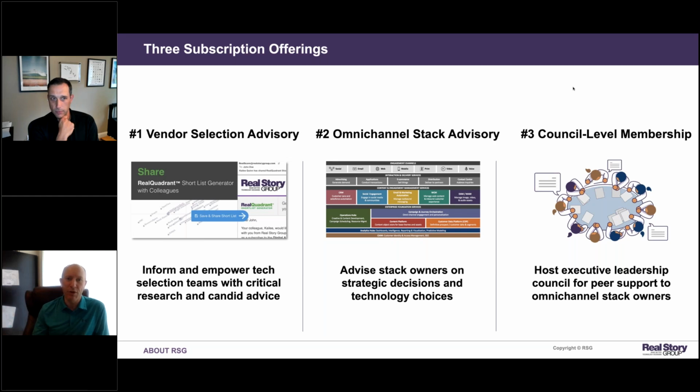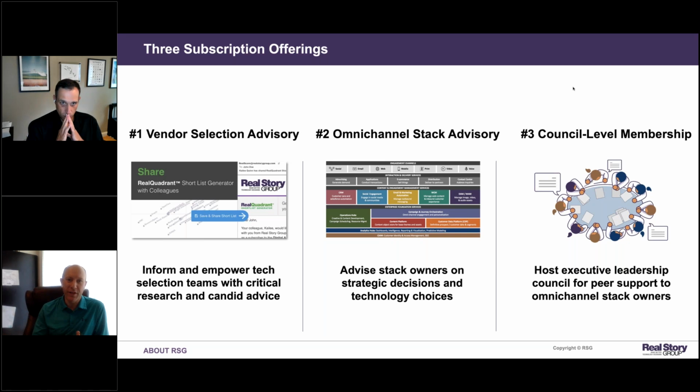So just a little bit about Real Story Group, how we typically engage with our customers. We've been at this now for 20 years, and there's really a spectrum of ways in which you can engage with us. On one side, if you're looking at evaluating one particular technology area, in this particular case digital asset management, looking to either get a DAM system for the first time or replace your incumbent provider, subscribe to our research, get some advisory time with Jared, and you go about your selection process.